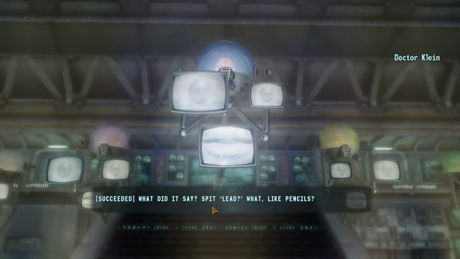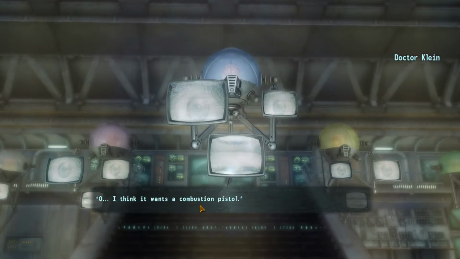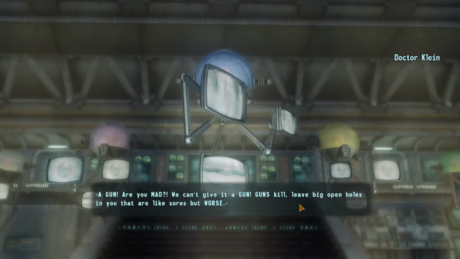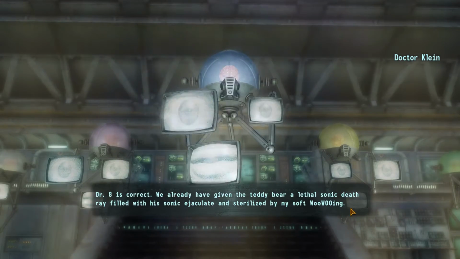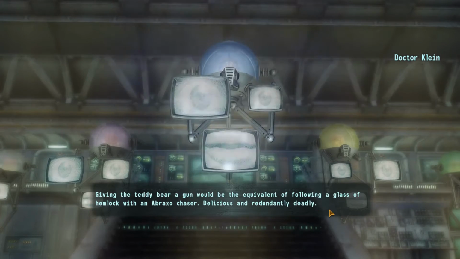What did it say? Spit lead? What, like pencils? Oh, I think it wants a combustion pistol. Indeed I do. A gun? Are you mad? We can't give it a gun. Dr. 8 is correct. We already have giving the teddy bear a gun would be the equivalent of following a